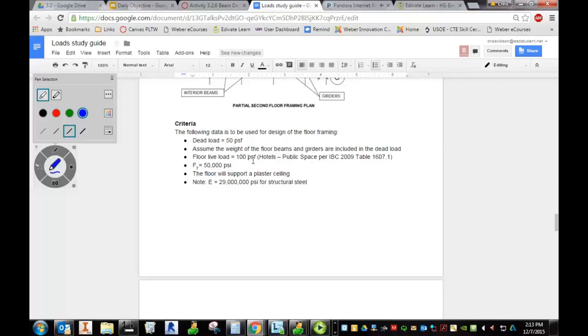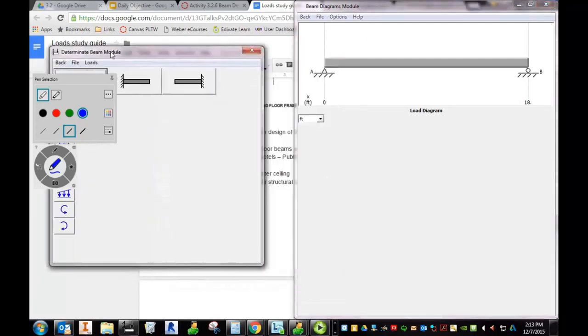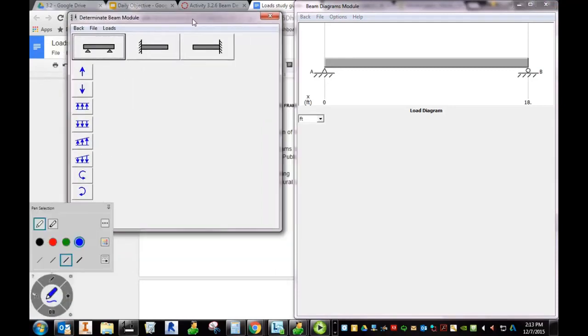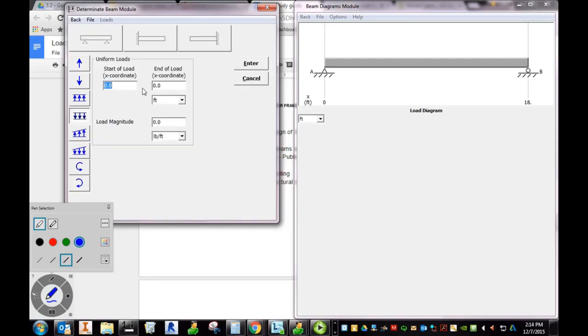So you should have gotten 1,000. So then we're going to go back. Now we can bounce back to MD Solids, and that 1,000, the whole reason for that little detour, is going to be a uniform load down. So we're going to select this load, and the start of the load is at 0, the end of the load is at 18, meaning it's going to continue through the entire beam, and there's our 1,000 pounds per foot,